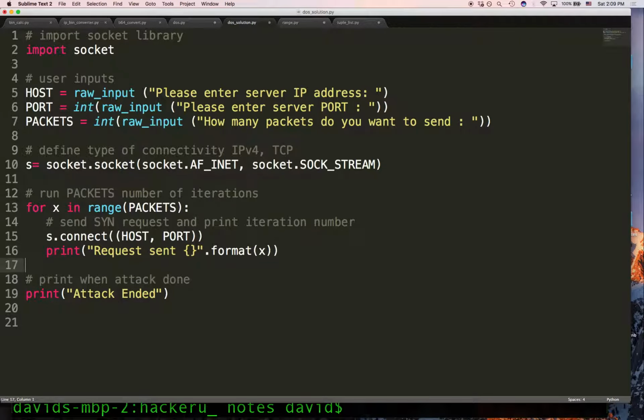Can't stand it. So you see what packets is? That was how many times do you want me to hit the port? And that's going to be an integer. So it's basically saying for X in range packets. So you know what range packets means. Packets is whatever number we typed. So let's say that we typed 5. Range 5, you know what that gets us. 0 through 4, right? So now it tries to connect to the hosted port, says that it did, and then